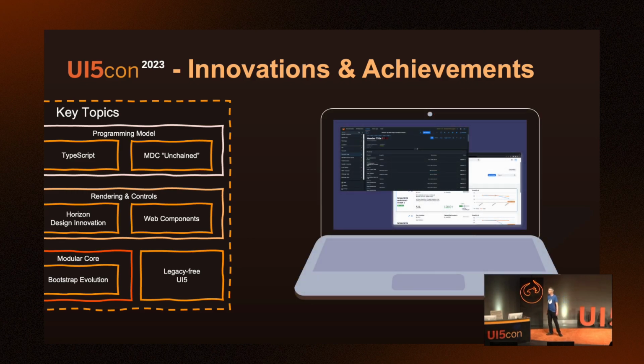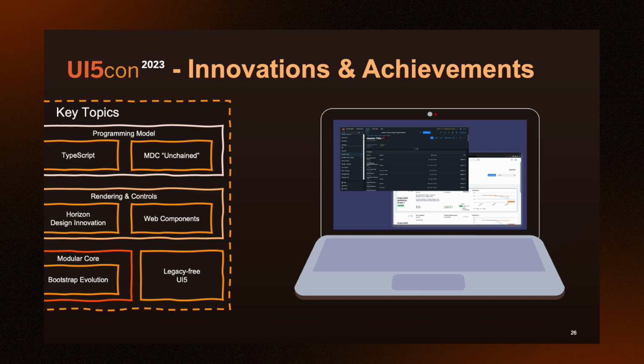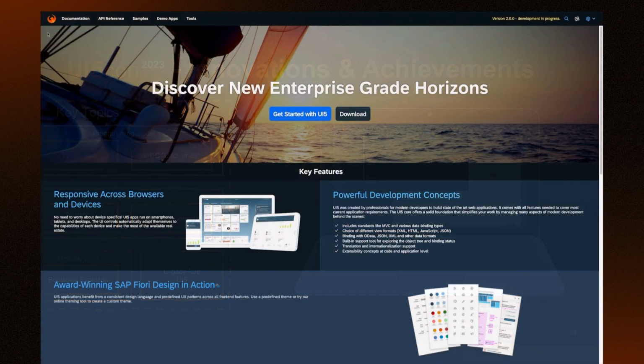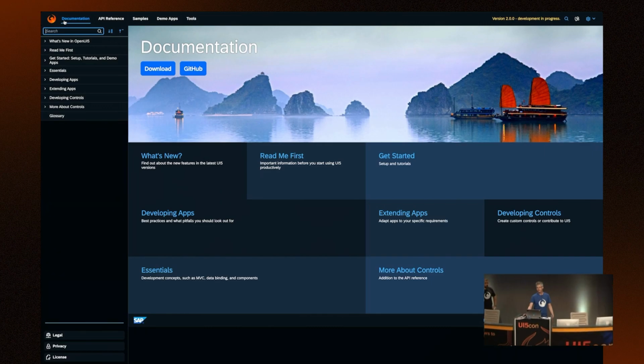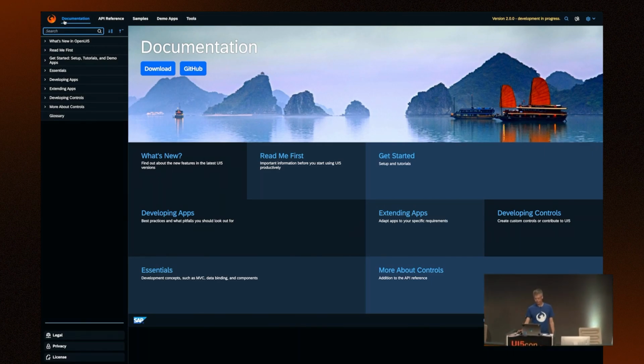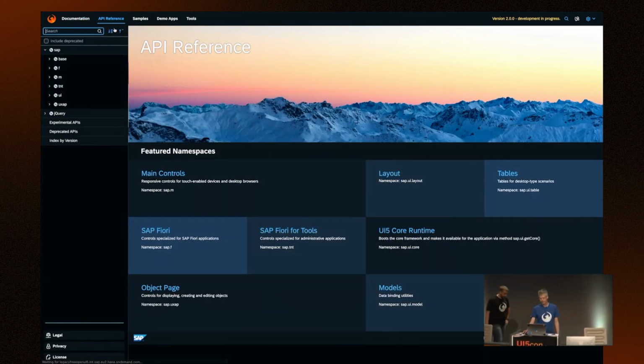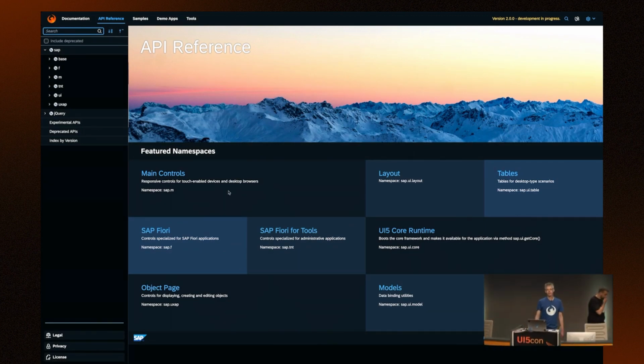So then let's look at how it works in action. We already have a UI5 SDK. It's generated each day from the development sources. In the documentation, it's a UI5 2 version, but it still has the same content as the 1 version. But what is up to date is the API reference. You can browse through it.